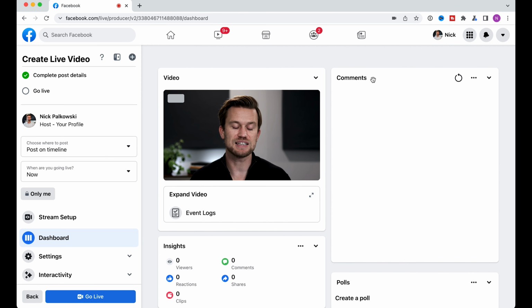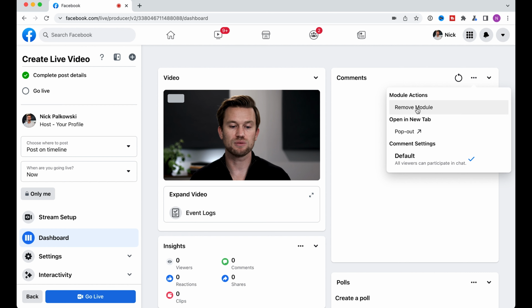I tend to like just the standard placement that it has right now, but you are able to fully adjust that. You can have your comments here, and this is your ability to refresh comments, look for any new comments, and then you can remove it, pop it out, which might be one that you want to pop out if you are at a channel at a level where you're getting tons of comments coming through,